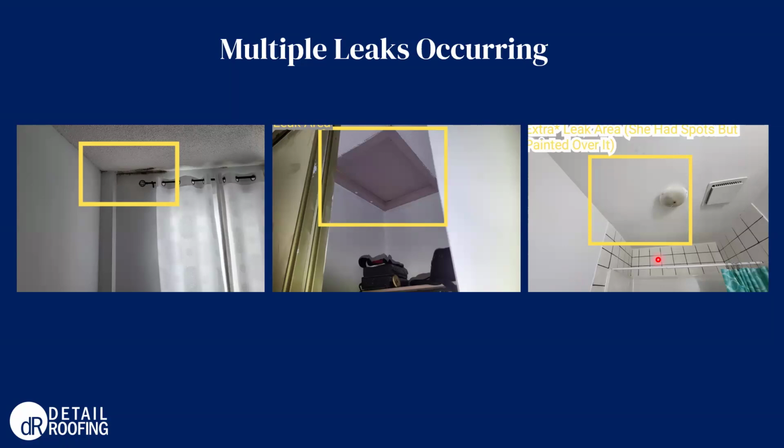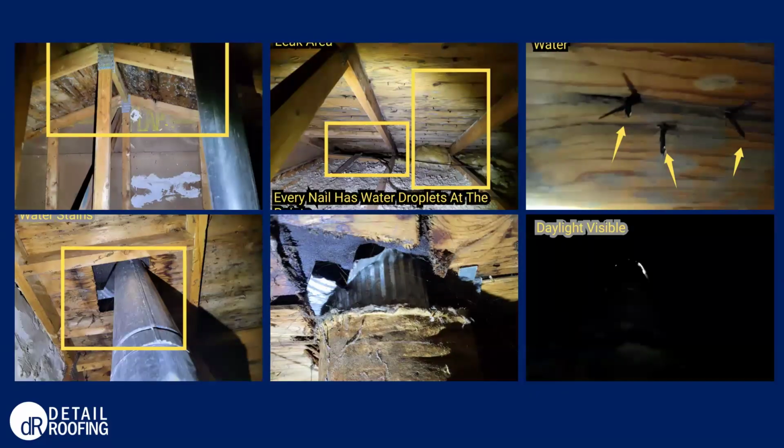There wasn't any staining or anything visible, but the resident had noted to our technician when he was on site that she had painted over the ceiling, so there weren't any visible signs of water staining there. So again, this corporation did have widespread ice damming happening, but either way, if there's an interior leak, accessing the attic is always a very important part just to see what's going on there.